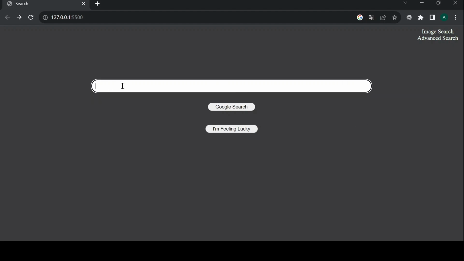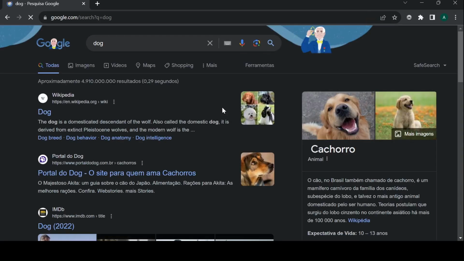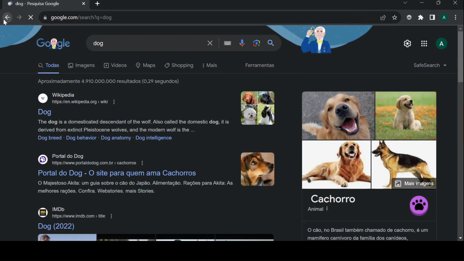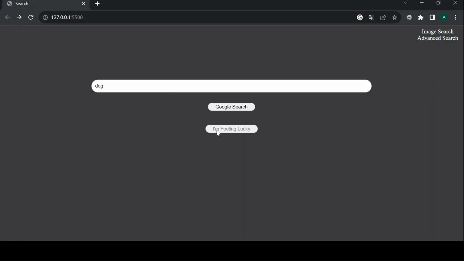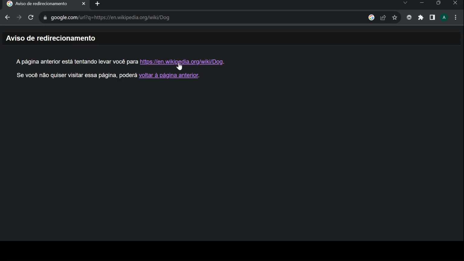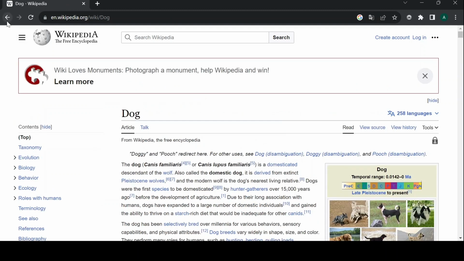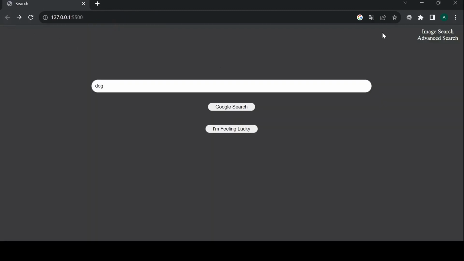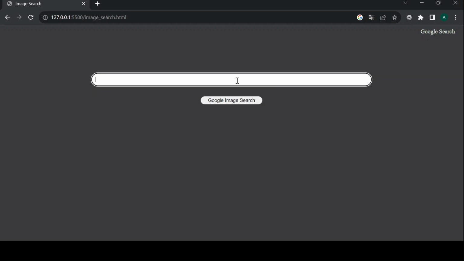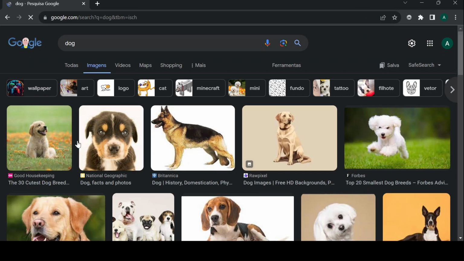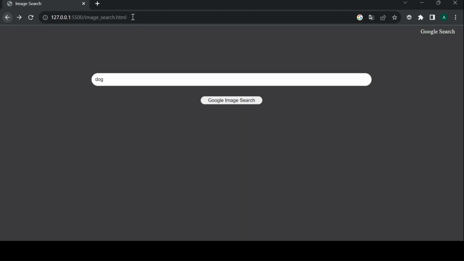and we can search anything here and press Google search, then we go to the page. Or we can press I'm feeling lucky to be redirected to the first link. And here we can also search for the image, an image search. Here, all dog images. We can do,